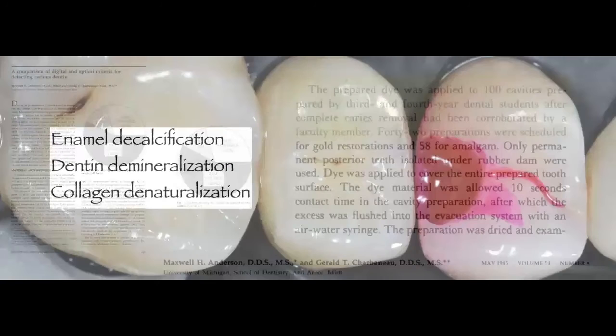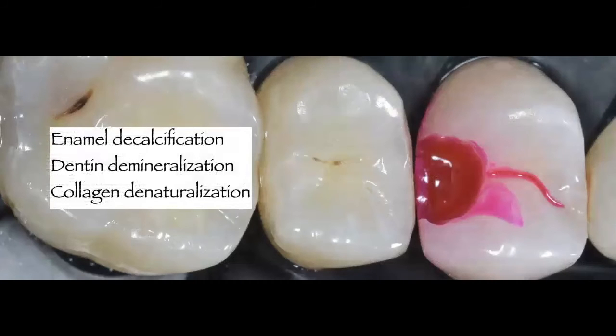So this is why this becomes so important. What are the things that we are able to identify once we use caries detection dye? Well, we're going to be able to identify three different areas of decay. The first one being the enamel decalcification, and I'm going to show you these three areas on a photo. The second one being the dentin demineralization, but a third one, which is also important, is the collagen denaturalization, which